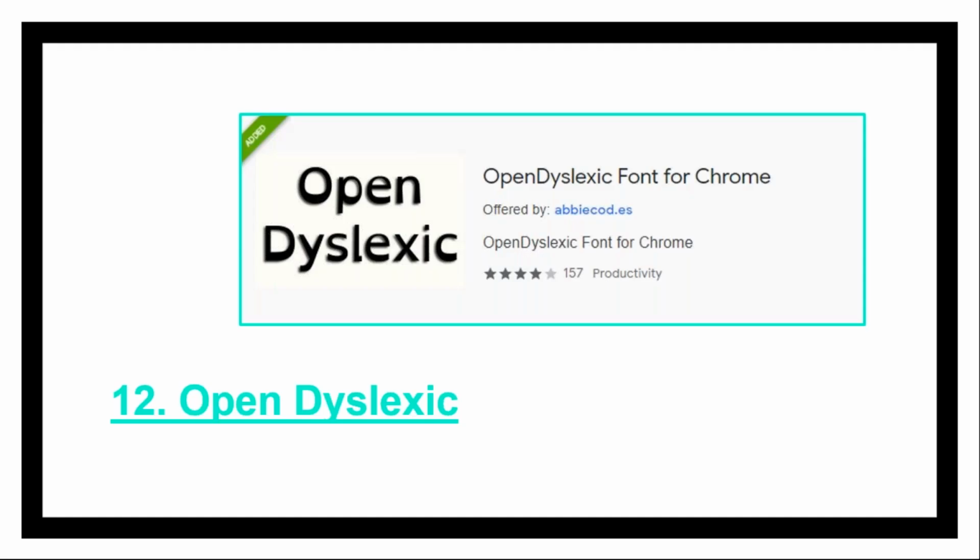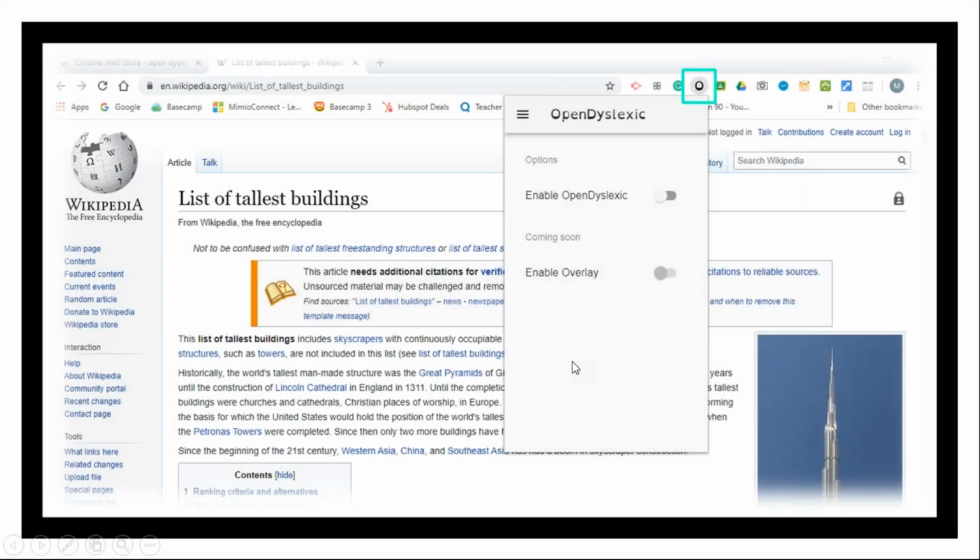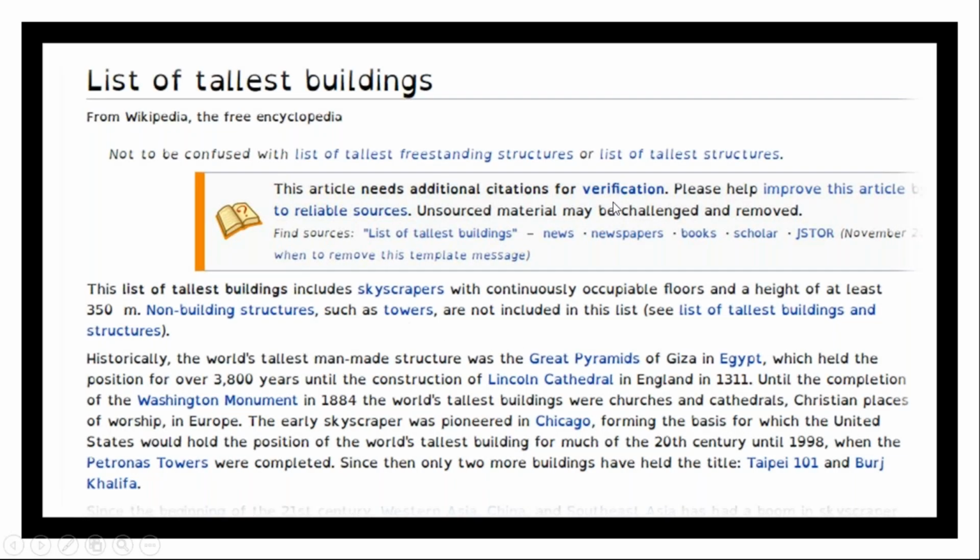Yeah, along the lines also of accessibility, this one has been around for a little while, but I just also threw it in there because I think it's good to know, and I find a lot of teachers that don't know this. There is a font that has been designed for students that are dyslexic. It's called Open Dyslexic Font for Chrome. And what it does is it takes any kind of web page, and when you click on it, you can say Enable Open Dyslexic, and it takes the text on that page and it converts it into the Open Dyslexic